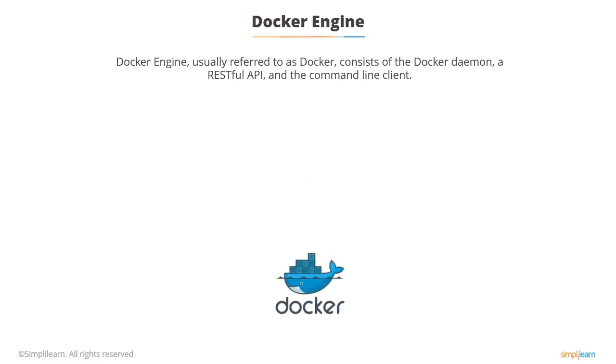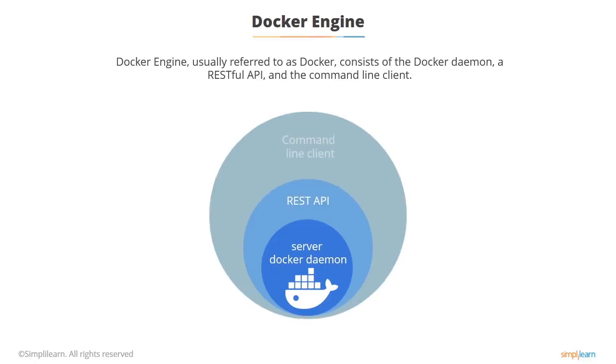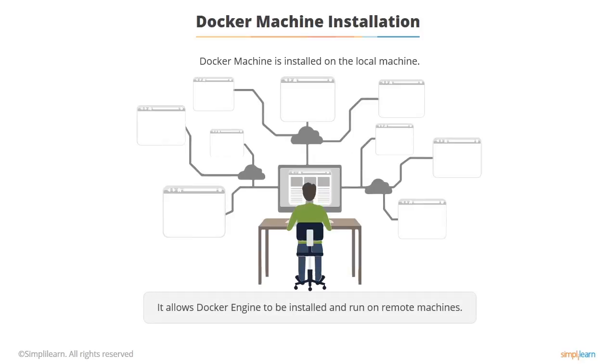So Docker Engine is usually just referred to as Docker. It's the daemon, which is basically a web service. It's got an API, and there's the command line client called docker. Docker machine is its own command, called docker-machine. If you install Docker machine, it also has a Docker client. So Docker machine is a separate package on some installations, or with others it's bundled with Docker. And it allows the Docker engine to be managed remotely. It actually does allow you to install Docker on a remote machine, which is quite an interesting idea. It does actually work. I've done it.